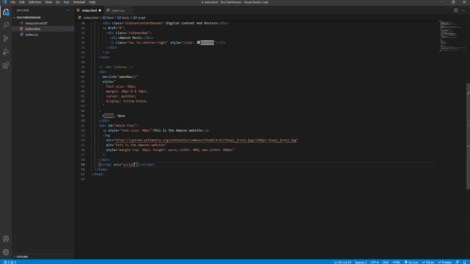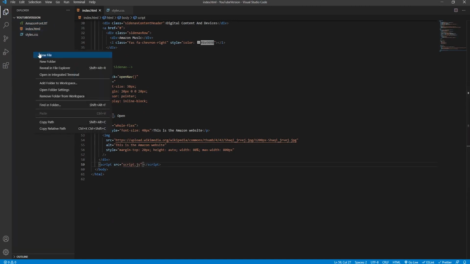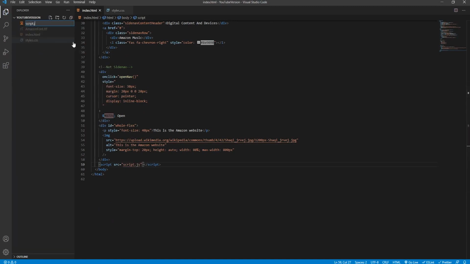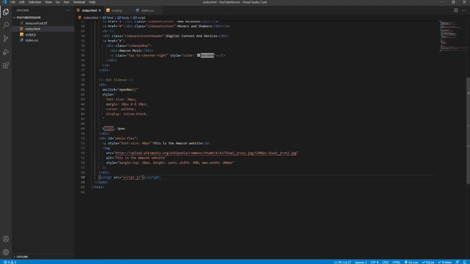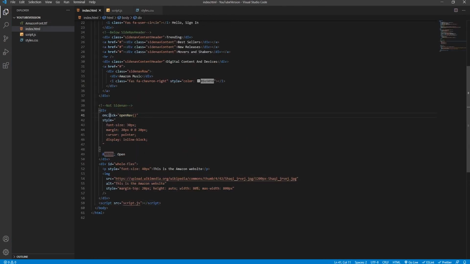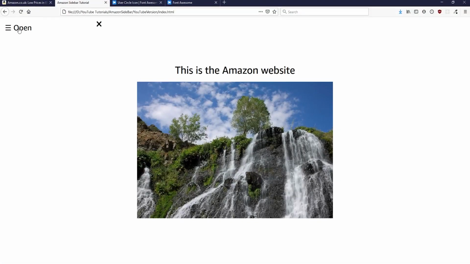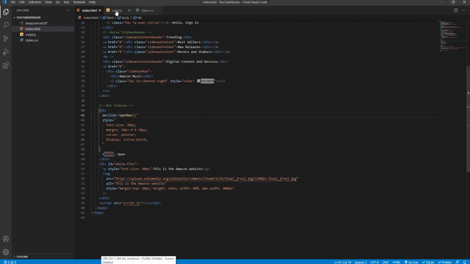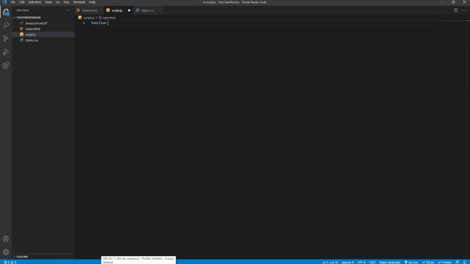JavaScript file first, so we'll say script.js, create that, script.js. Now, what we've done is we put an on-click attribute called OpenNav onto this hamburger menu with its open text as well. So what my mouse is currently hovering over, when the user clicks on that, this JavaScript function will be triggered. So we'll create that function,